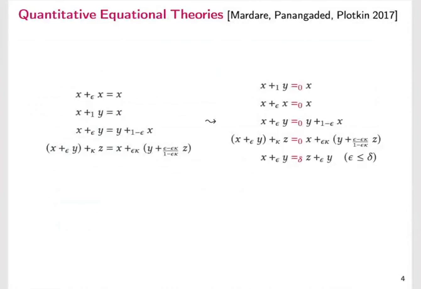And in fact, if you look up in the literature, you will find a lot of theories about quantitative equalities, and one of the most general ones is the one of quantitative equational theories and quantitative algebras, where the idea is that you pick the good old-fashioned theory of equality, and now you make equality parametric with respect to real numbers. That somehow gives you a degree of error or precision into the equality.